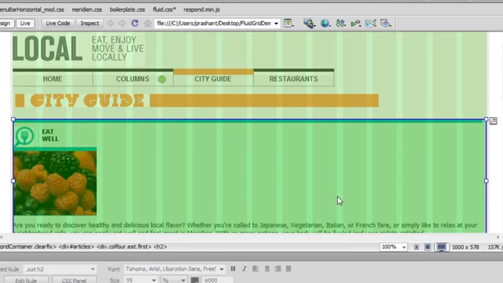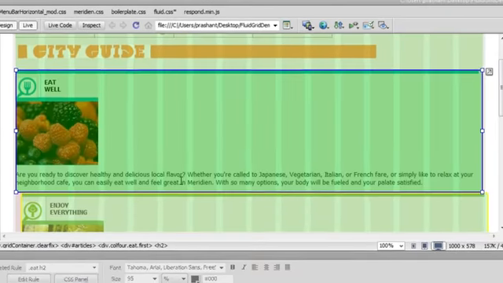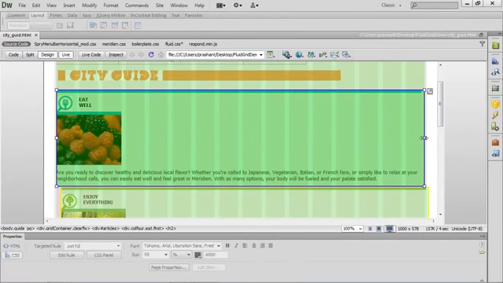Resizing this box from the left is different from resizing this box from the right. If you resize this row from the right side, it is going to change the width of this row. However, if you resize it from the left side, it is going to add additional margin. So I'm going to go ahead and resize all the boxes here so that they fit into the same row.